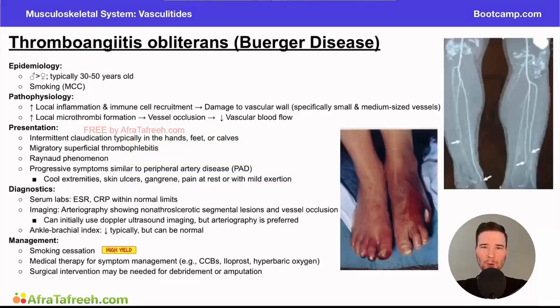So in this next video, we're going to talk about a condition called thromboangiitis obliterans, which is sometimes also referred to as Buerger's disease. So this is another one of our vasculitis diseases, which means it is an inflammatory condition that can affect vessels of different sizes. For this pathology, it tends to affect some of the small and medium vessels versus some of our large vessels,